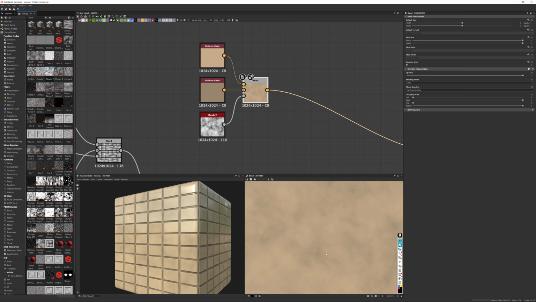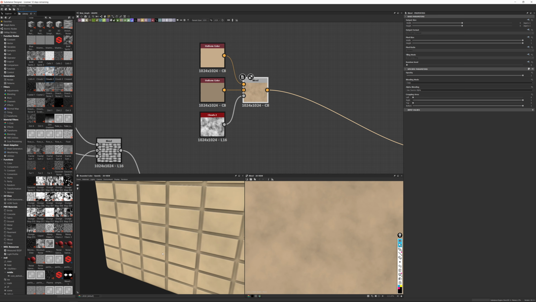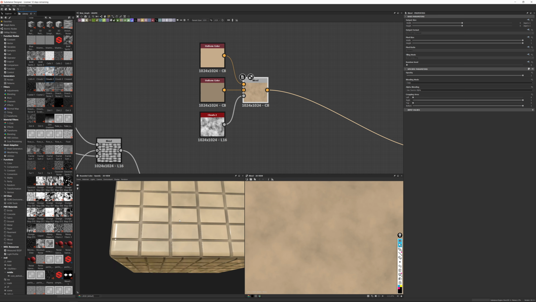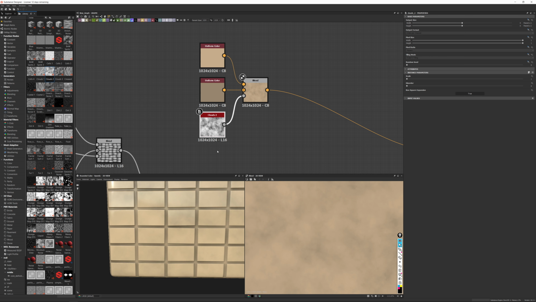Now, there is kind of a problem with this. Right here, I have this dark splotch. And if I look at the tiles here where that dark splotch is, it kind of leaves one tile and goes on to another. If I were to go and increase the contrast in this so that you could see it,